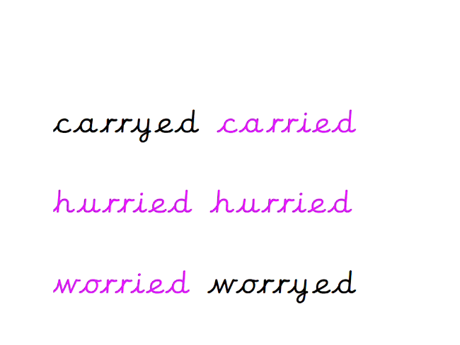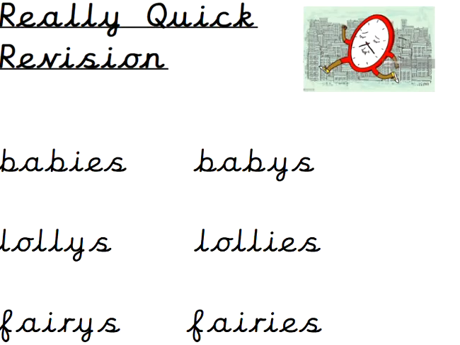C-A-R-R-I-E-D. We got rid of the Y, we added IED. Hurried is spelt correctly both times, and worried, W-O-R-R-I-E-D. Well done. Now we've also learnt how to turn a noun, a person, place or thing, into a plural,